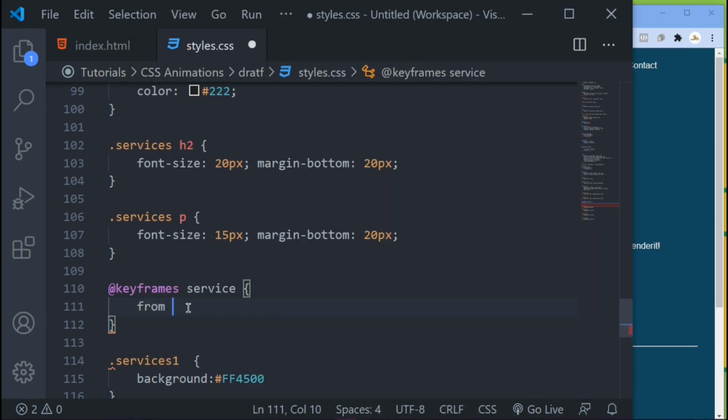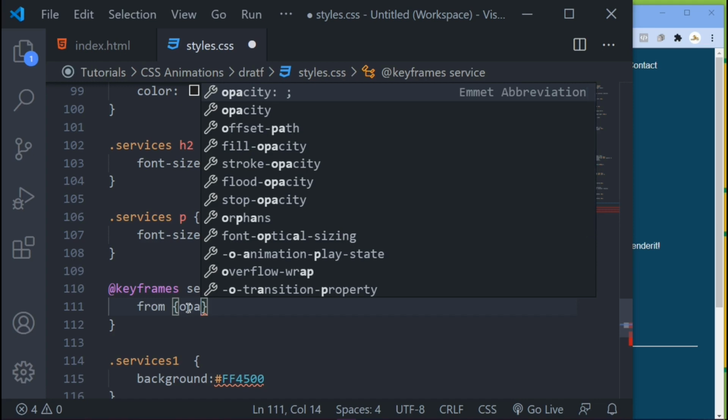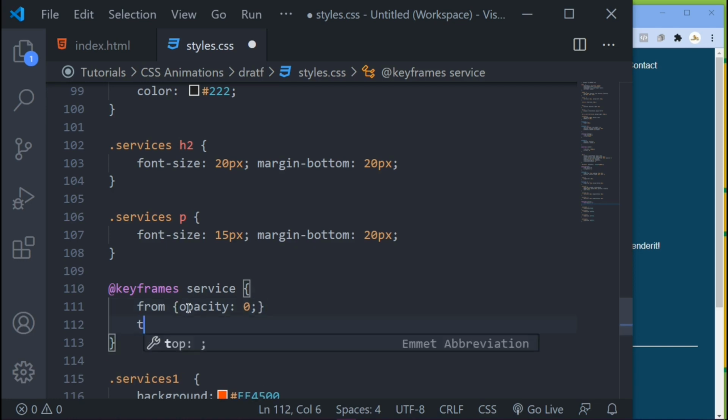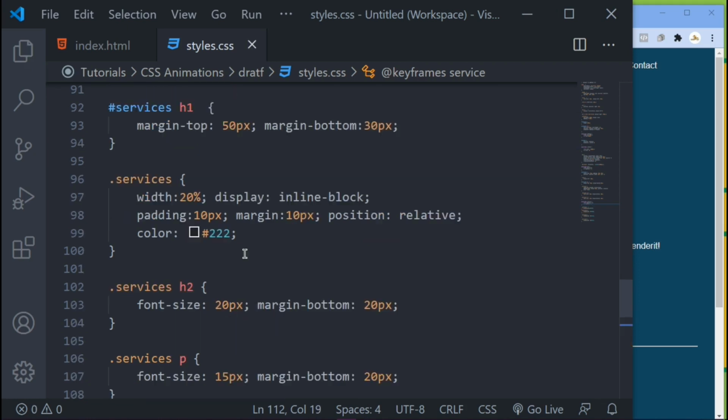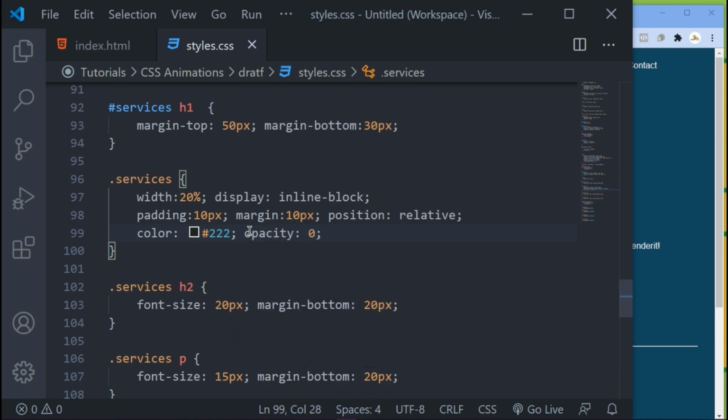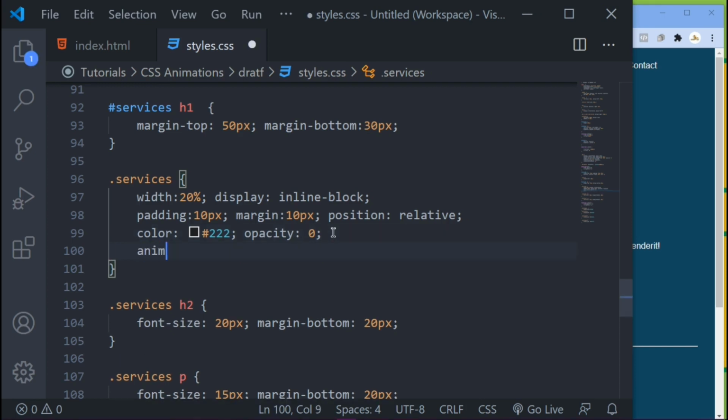We just want it to add opacity. We want it to change from the opacity of 0 to opacity of 1. Right, and then now we also have to set this opacity to 0 like we did to the button. And now let's actually call our animation,